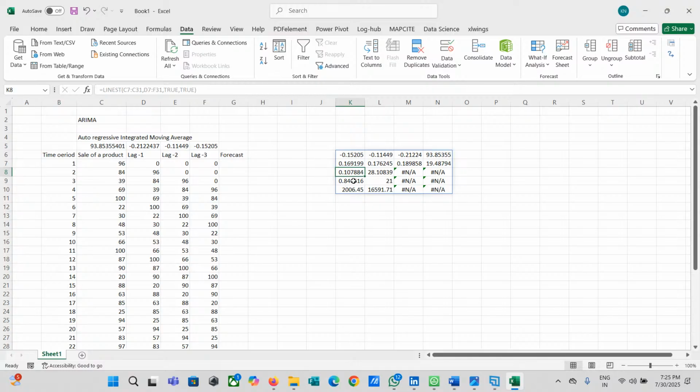The F test value is 0.84, the 84%, means the variables which you have chosen, lag 1, lag 2, lag 3, are not significant variables, because there is only a 16% chance that they are going to give a significant impact.